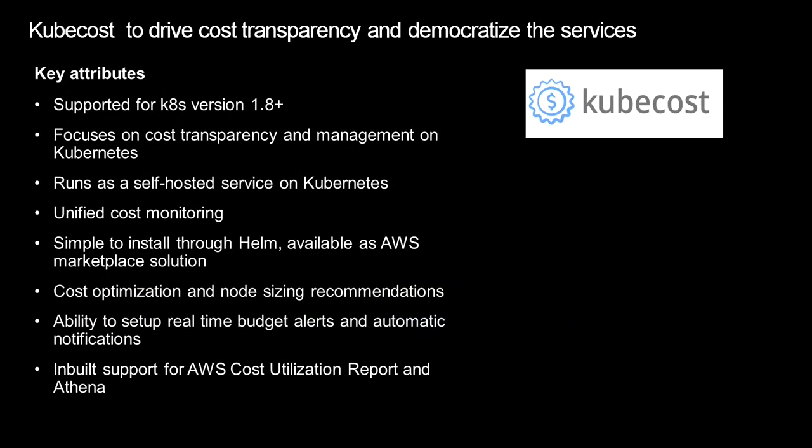We'll show them later. And also at the same time, the most important thing is the budget. As a customer who is more cost conscious, you can set a limit for each of the namespaces, and whenever that budget is exceeded, you can get a notification to the proper team through email or through a Slack channel. You can also build your custom solution because it also has a webhook through which you can communicate with it, but we'll talk about that later. So overall, you can check KubeCost out.